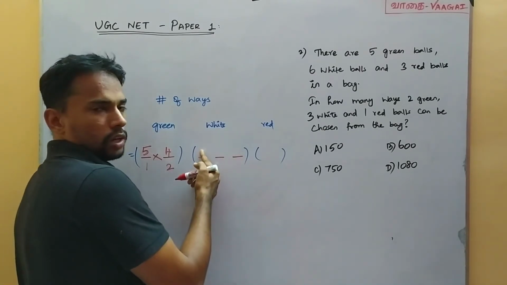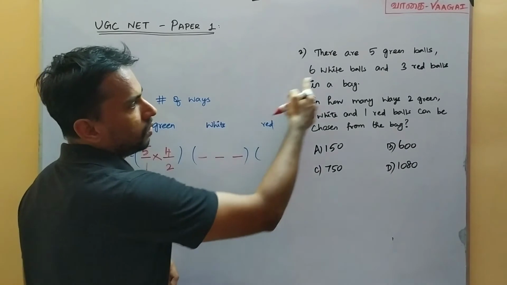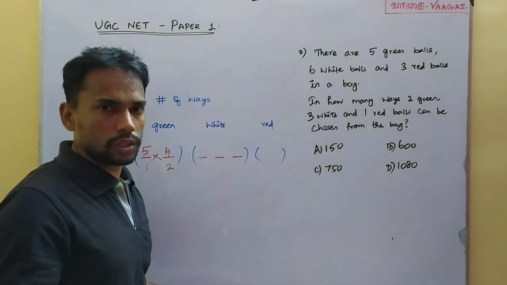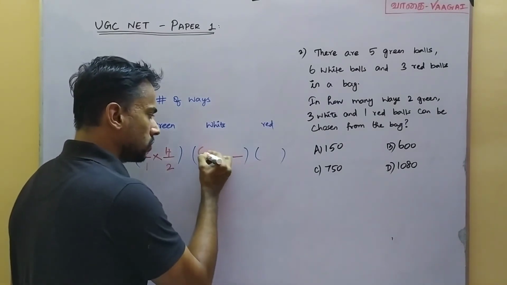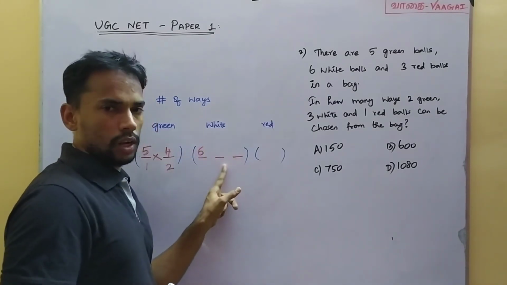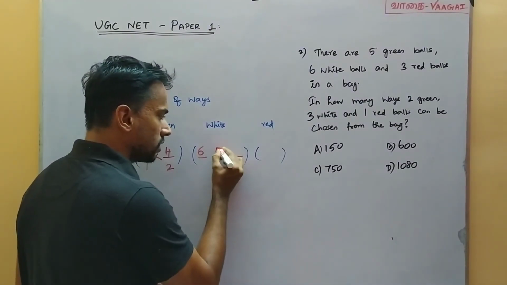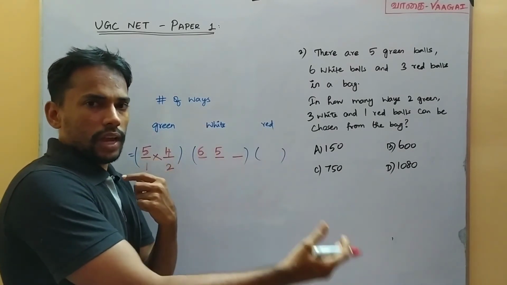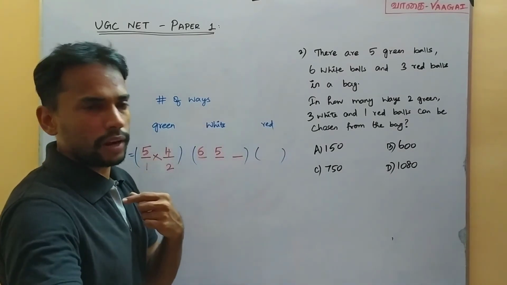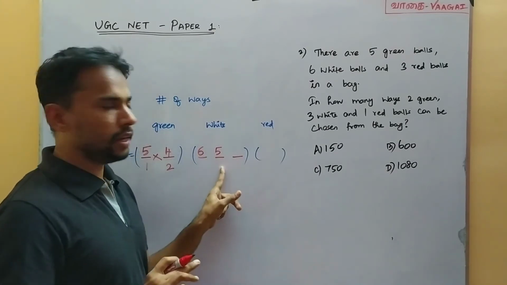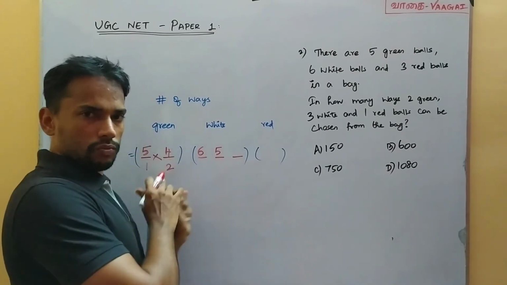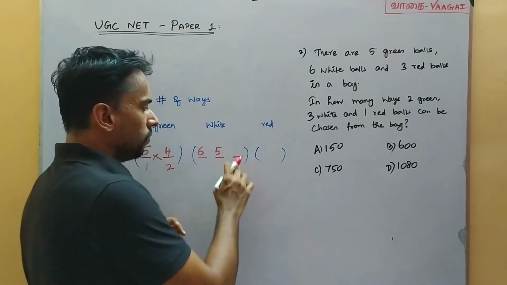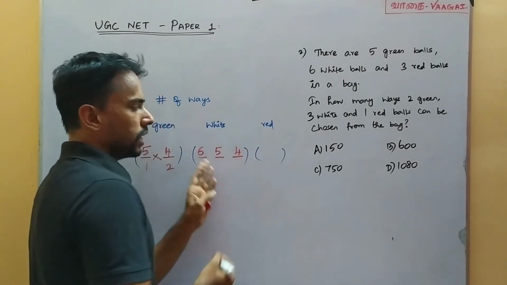Now come, let's fill them one by one. As usual, come to the first slot. This first slot can be filled in how many ways? When we are about to pick the first white ball, there are 6 balls, right? We can choose any one out of the 6. So that means 6 ways to fill this. Come to the second one. Now when we come here, there will be only 5 ways. Obviously it will be reduced, right? Because out of 6, if you have removed 1, there will be only 5 remaining. So 5 for the second slot. Now come to the third slot. When we come here we will have 4 ways. Once again, it will be reduced.